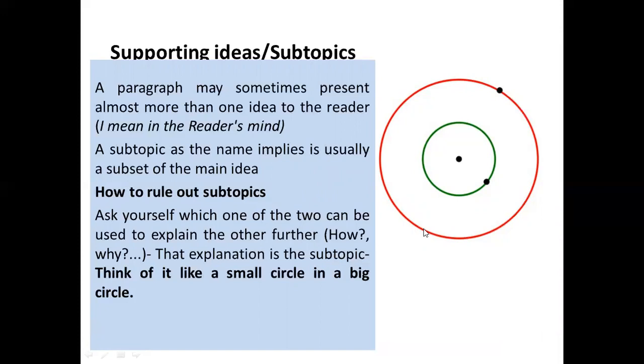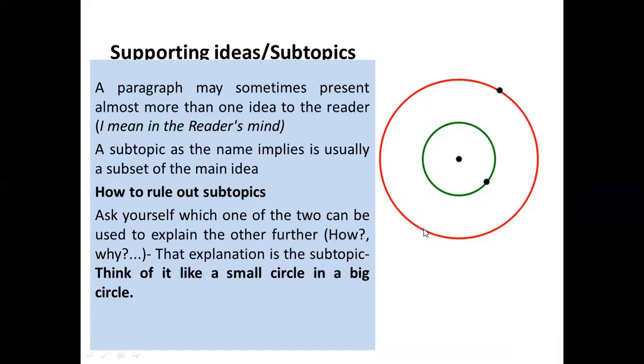Ask yourself which one of the two can be used to explain the other further. So it answers questions like, why did it happen? Okay? Why did what you are thinking is the topic sentence happen? Why? How? When? Okay? Supporting ideas